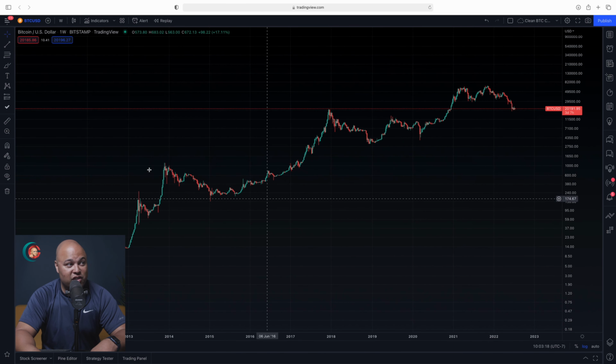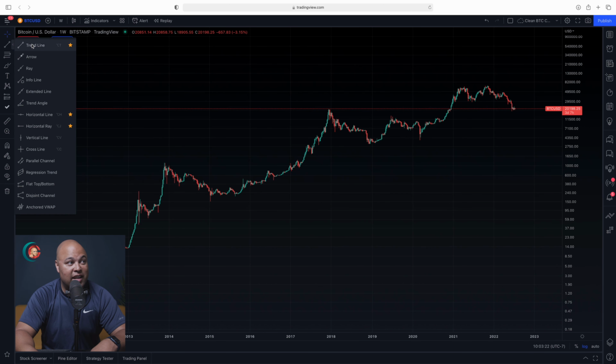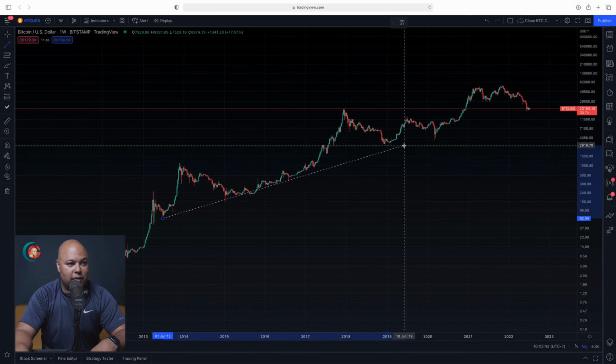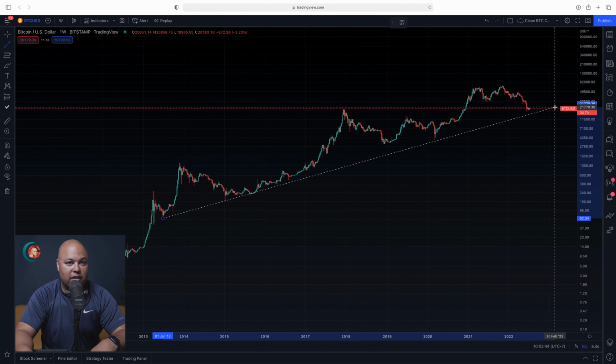Now, the first thing we can do now that we switch to logarithmic scale is come over to this side, and I'm going to use a trend line. Click this here, and I come to the bottom over here. This is November 14th, 2011. Actually, I'm not going to come to the bottom. I think this trend begins over here on July 1st of 2013. And if I draw a line, I can see